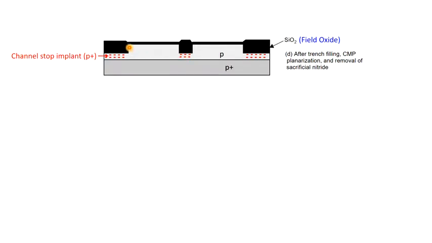And the regions, like here and the region here where we will form our transistor, these regions are called the active areas, okay. So we now have the two active areas,